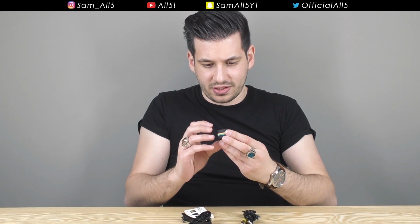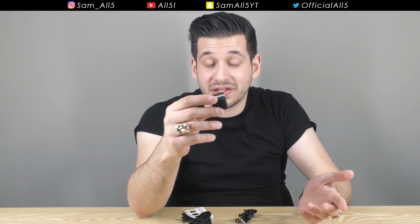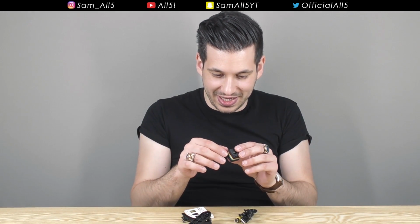It is this tiny little thing. You probably guessed, it is a camera. Apparently one of the world's smallest cameras. It's not the smallest camera, but one of the smallest cameras in the world. That's what they claim. This sticker here,